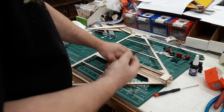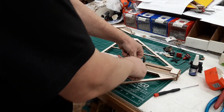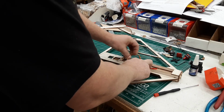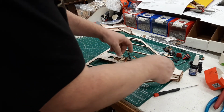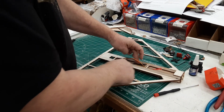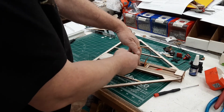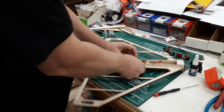The ESC, I like to put just immediately forward of the receiver, and you can run your motor connections there. It helps if you shorten some of these long wires. It's pretty easy to do, and then you don't have as much to deal with